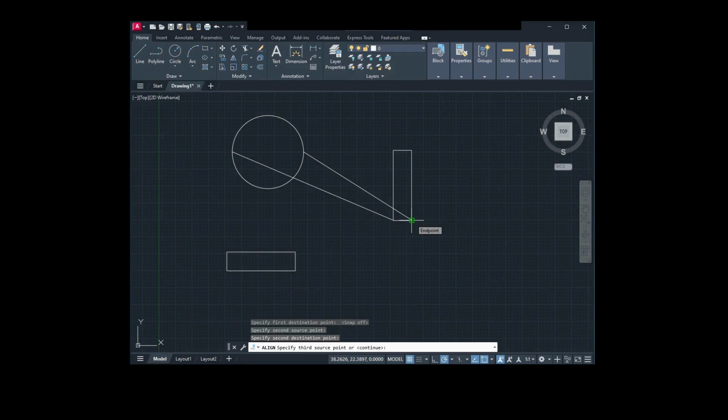And there is no third point. So I'm going to hit enter. There's no third point that I need to reference this circle to be aligned with this rectangle. So I hit enter, and I'm prompted with